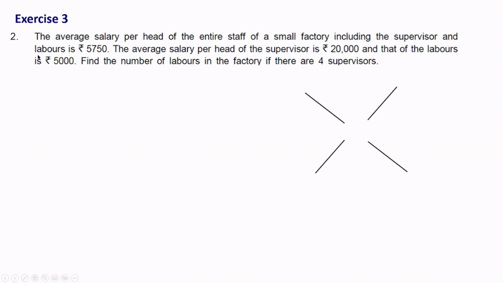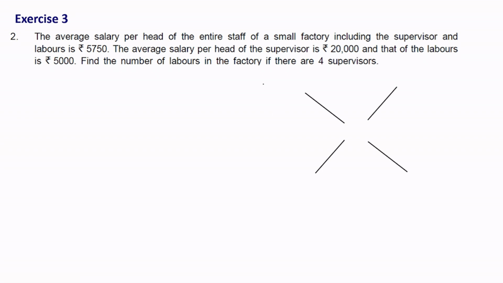The next question: the average salary per head of the entire staff of a small factory, including the supervisor and laborers, is rupees 5,750. The average salary per head of the supervisor is 20,000 and that of a laborer is rupees 5,000. Find the number of laborers in the factory if there are 4 supervisors. So here we can see that the salary for supervisor is higher, it is rupees 20,000, and the salary for laborers is lower, which is rupees 5,000. The average salary for supervisors and laborers is rupees